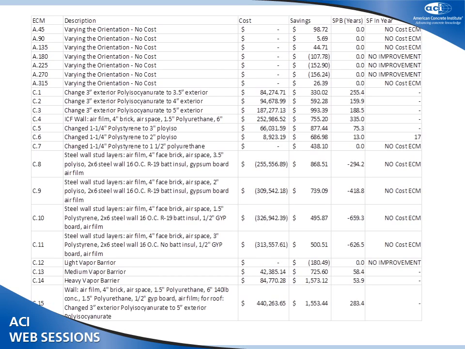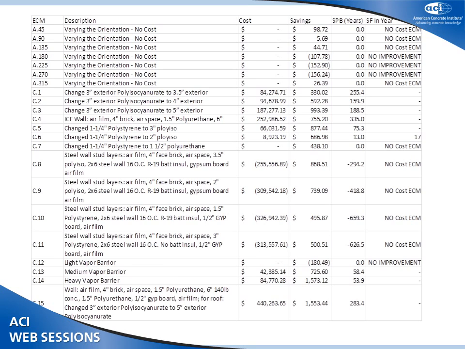Okay, what you can see in here is the costs in here. I just want to point out very quickly some of the savings in here. Some of the savings that we had, simple payback, it cost us nothing. For instance, orienting the building at different orientations, and we did it at 15 degrees, and I've just shown some of them here in this table. And we just cranked the building around. We assumed that was going to be a no-cost ECM, and in some cases we saved up to about $100 or close to $100 per year in energy, no-cost ECM.